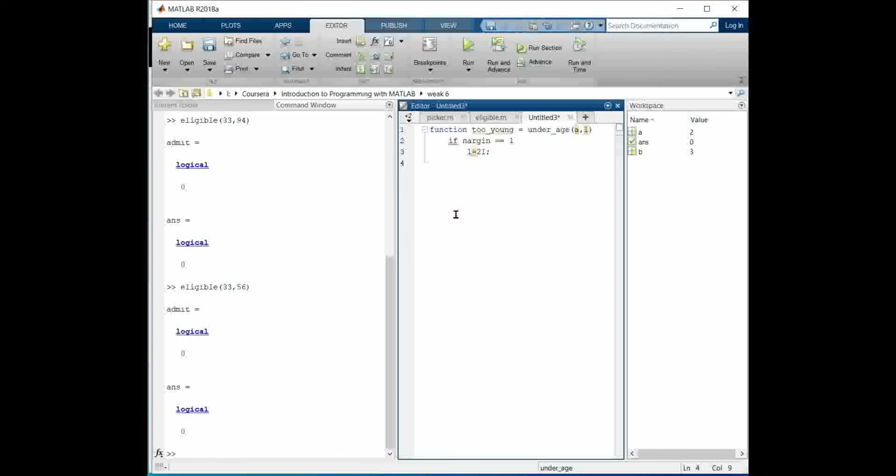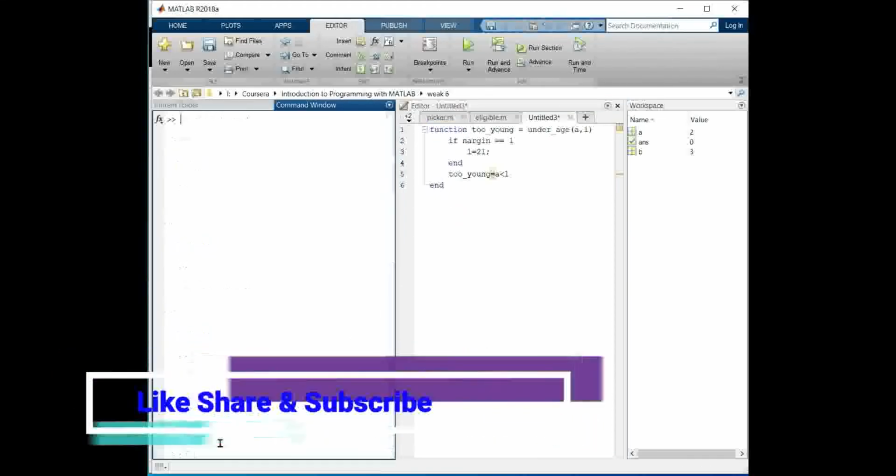Now, we can end the if statement here. What will tf be, true or false? It will be true when the value of age is less than the limit, meaning the person is younger. If age is less than L, then it will be younger. So that ends my function. Let me check it.